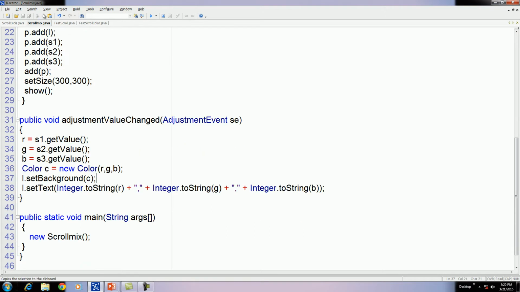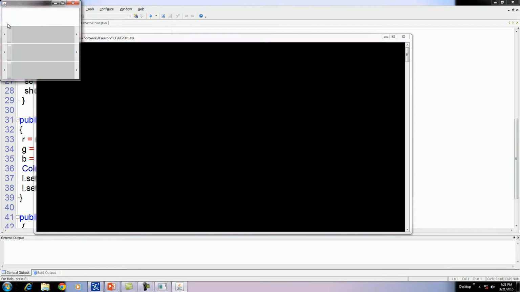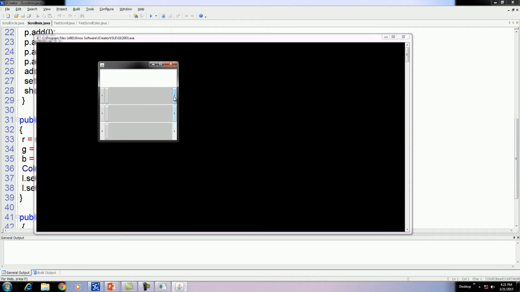Let us see the preview. Okay. Now suppose we only change the first scroll. The first scroll is for red color. The second one is for green, and the third one for blue. But if you keep this in between the minimum and maximum value, then what happens?